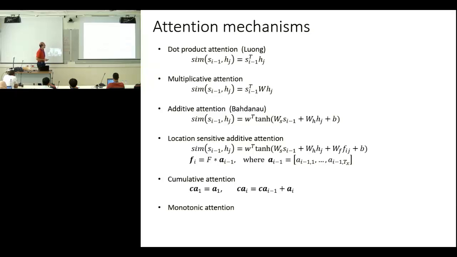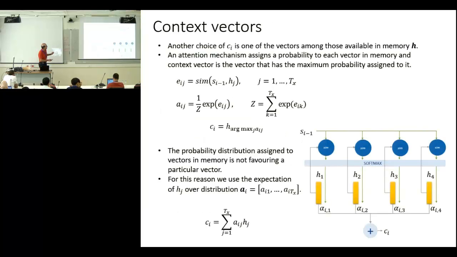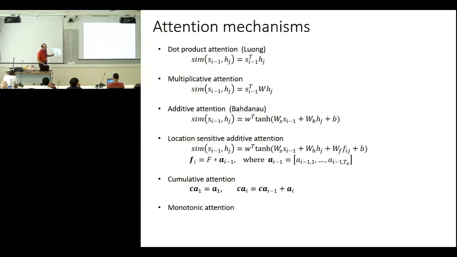So the location-sensitive attention adds this term here, which does a convolution, and the convolution is across time, where this vector a_i are all the attention weights of the previous time step, how the previous time step calculated this attention. If you see the previous slide, it is these values here